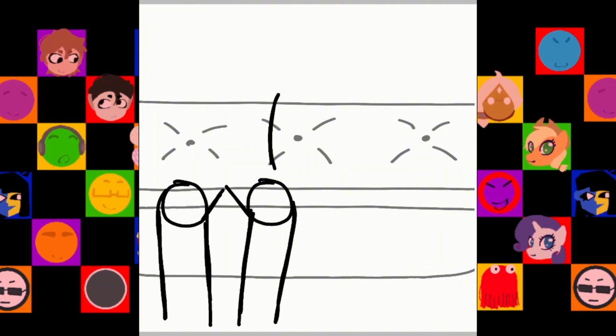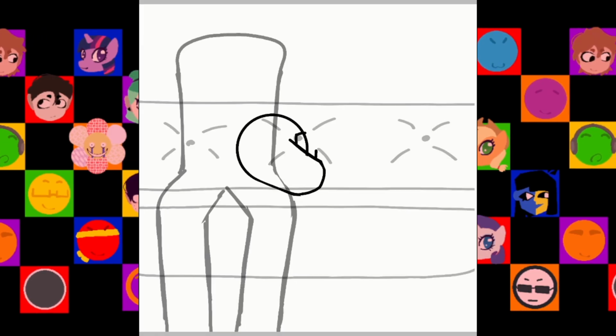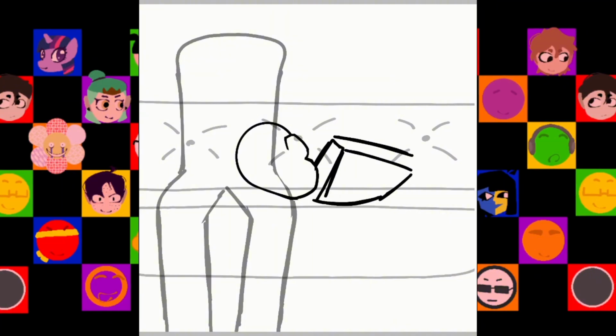Okay, for the next prompt, it is comfort, which basically I just redrew Pierce doing head pats on Ava, with Ava just sleeping on his leg. And for this drawing, I had to draw a couch, which I don't really know how I like how it turned out, because